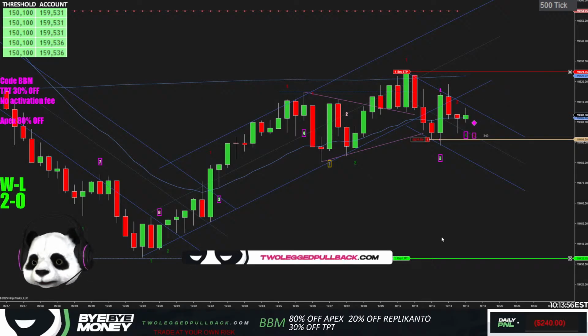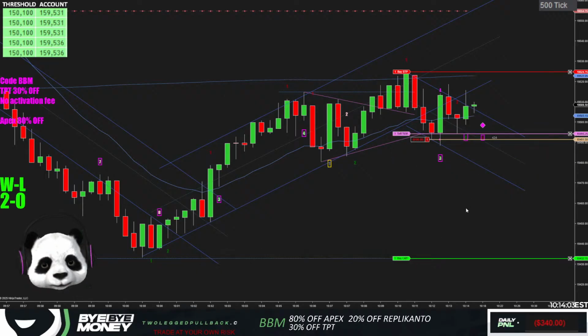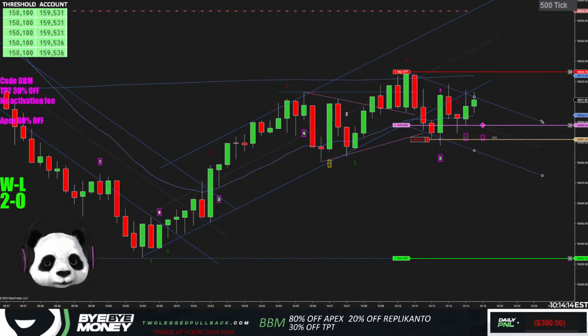Curious to see what happens here. Lean into your mistakes. Whoa, pops up. Still lean into your mistakes here. The 20 EMA is rising upwards, being quite bullish. Ooh, okay, we'll try. Lean into your mistakes here.